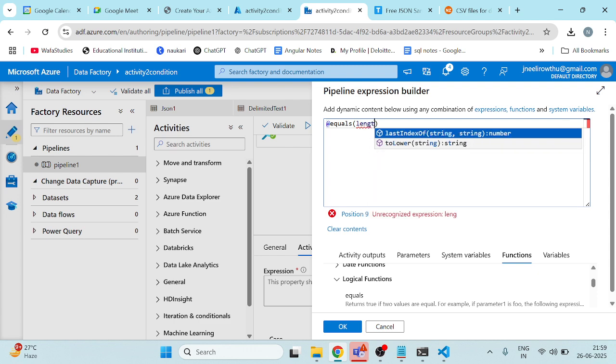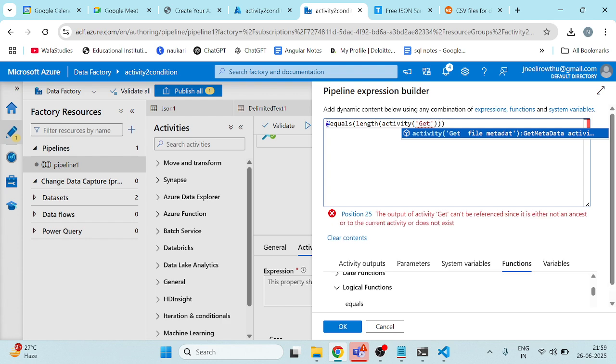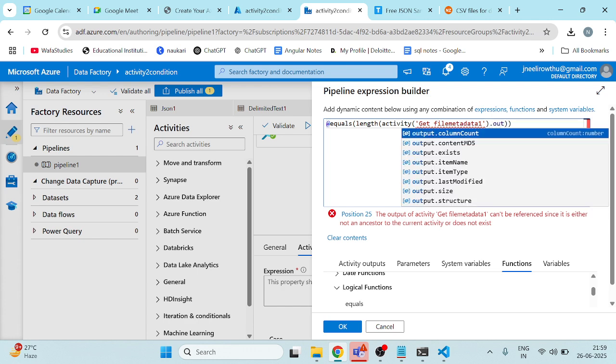I'm taking length and activity. Okay, for activity I'm taking length and activity. After that, get file metadata 1. Okay, so after that you need to take dot output